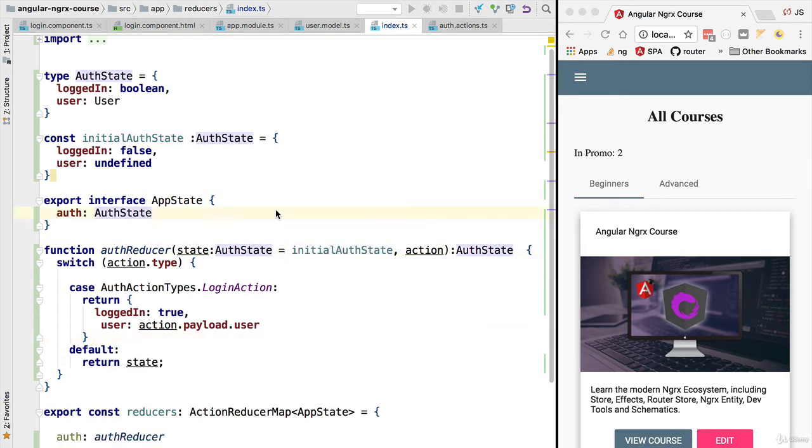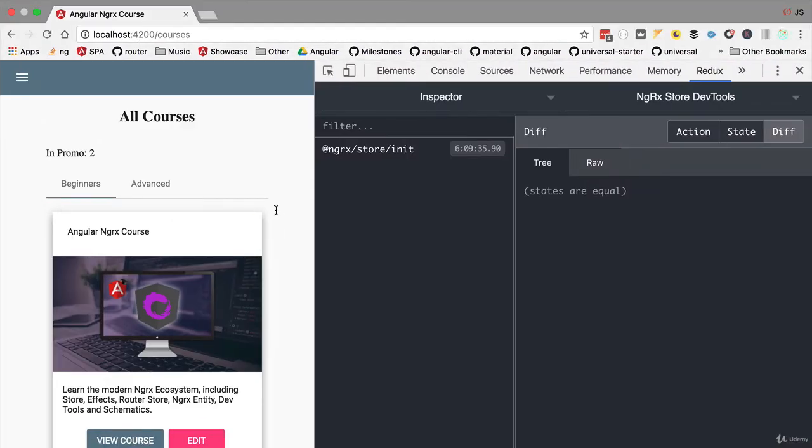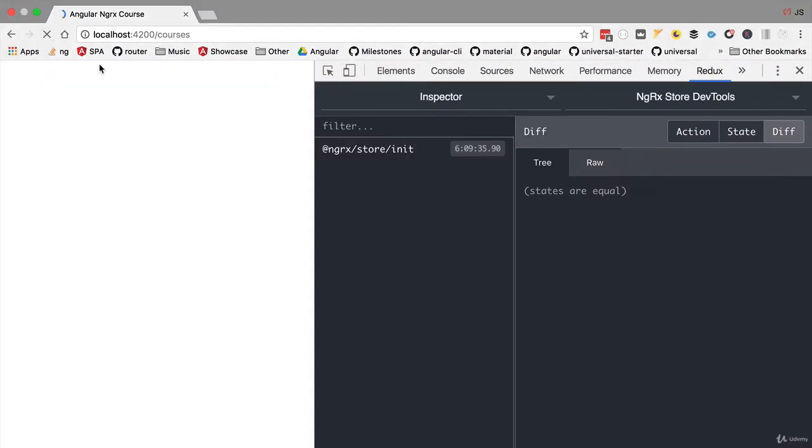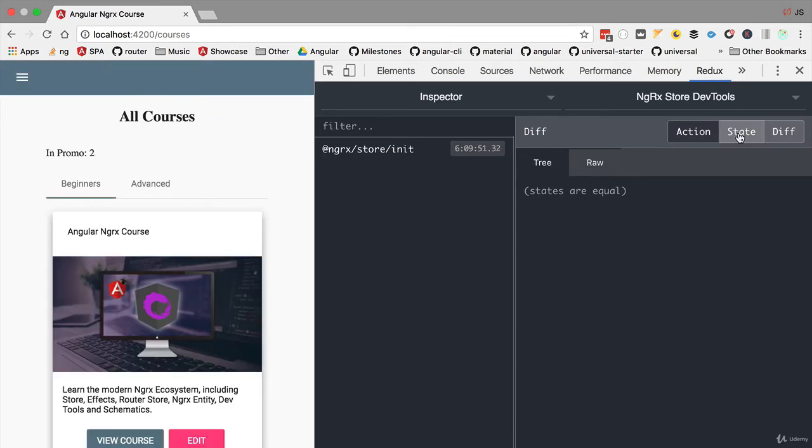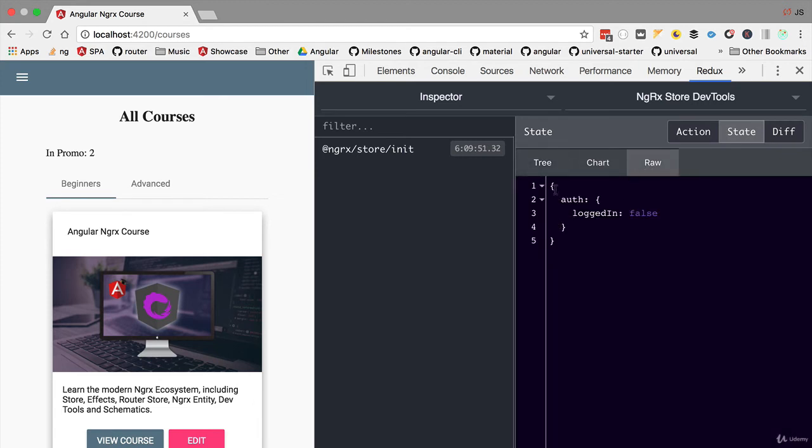Let's now have a look at this in action to see how it all fits together. We are going to switch here to a larger window. Let's refresh here our application and have a look at the initial state. Let's choose here the state tab, and we can see here in the raw tab, for example, that now the initial state of our application is no longer an empty object. We are indeed defining here some initial state for the authentication state, and we are setting in here the flag logged in to false. Again, the user property is undefined, so that's not even shown here in this raw printout